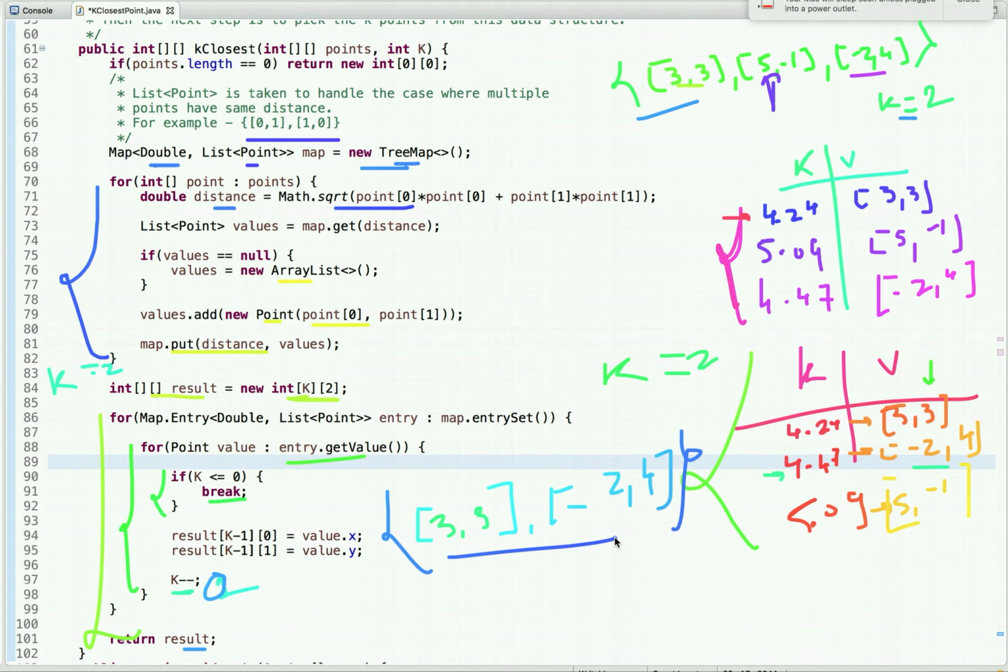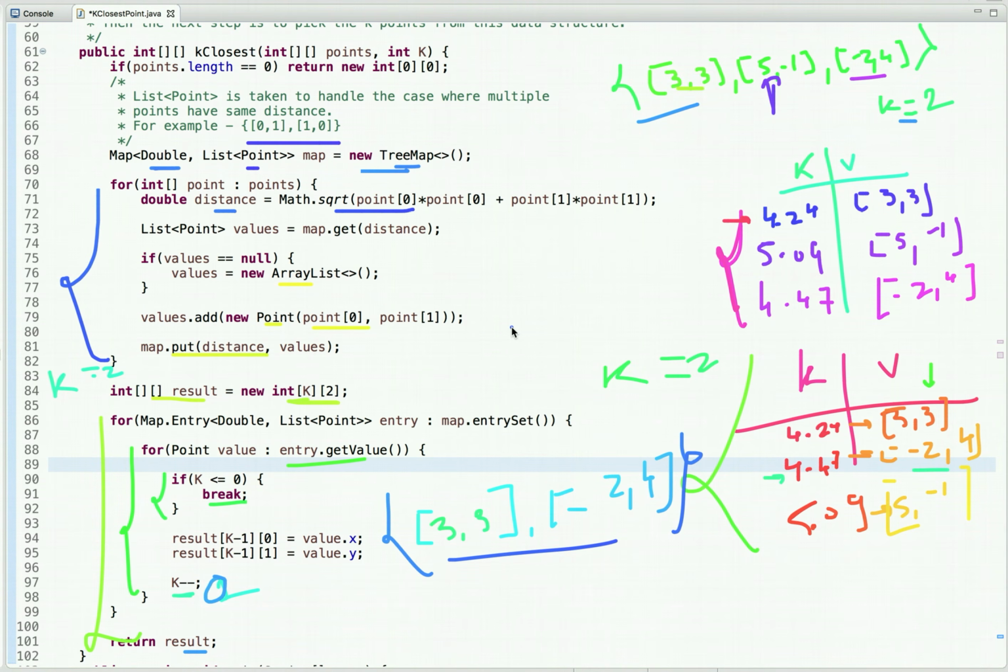So in this way we can solve this problem using TreeMap. And now let's talk about its time and space complexity. The time complexity of this approach is O(n + k log n). Why is it O(n + k log n)?